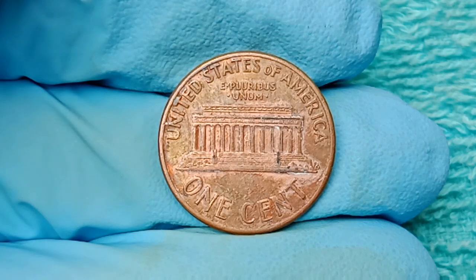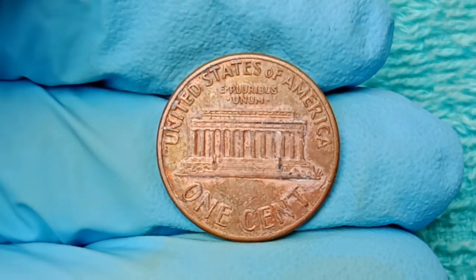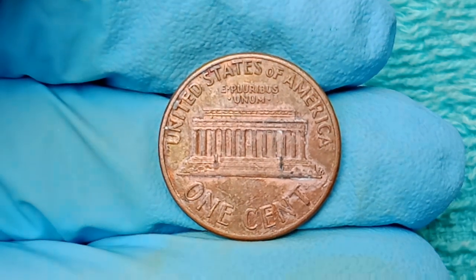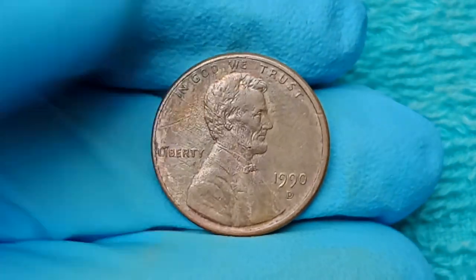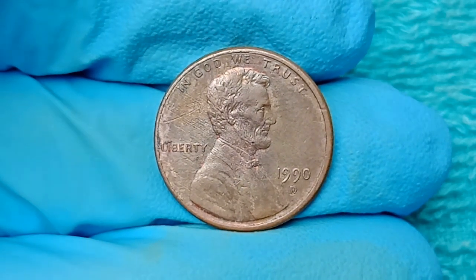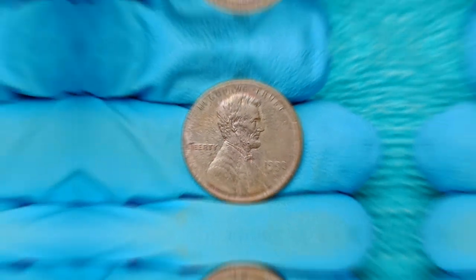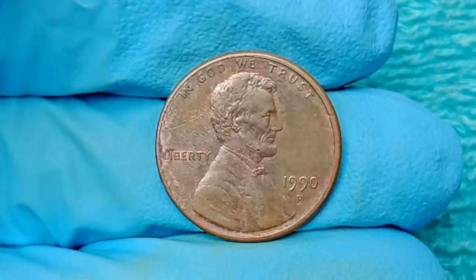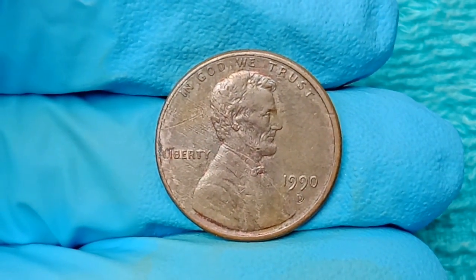Because what makes this coin worth more than some major Hollywood productions or international companies is not just one error but a confluence of rare and powerful mistakes that occurred during a specific time when the U.S. Mint was undergoing technical and operational transitions, starting with the obverse of the coin, which shows evidence of a double die that causes distinct shadowing on the date and the word Liberty,